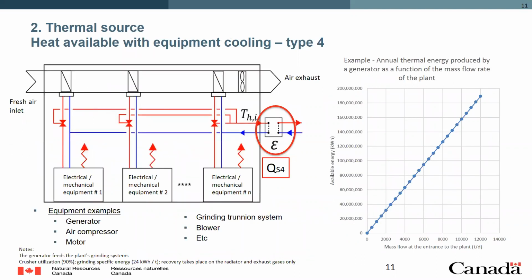Last, type 4, which is also heat available within the cooling of mechanical equipment, is the case, for example, when you have generators in, let's say, a remote mine. The amount of heat that the generators are going to provide is significant, so they have their specific heat exchanger to provide cooling as required. So then you'll have an extra source for heating that you can bring to the loads.